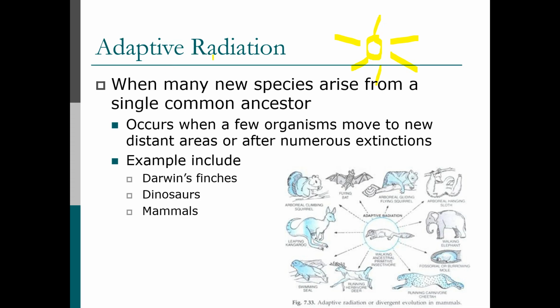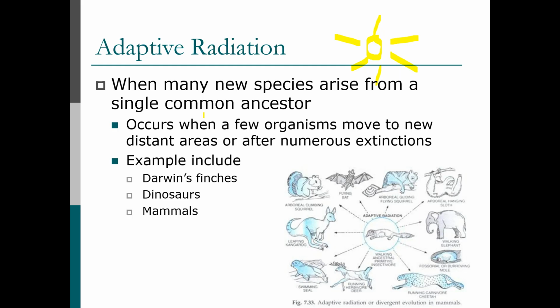And the key to adaptive radiation is when one species gives rise to many, okay? Sometimes, especially after things like a mass extinction, we can have rapid evolution. I know this may not necessarily agree with some of your beliefs on origin, but according to science, everything evolved from something else. If you look back at the evolutionary history of organisms, there have been many adaptive radiations. There would have had to have been the first fish,